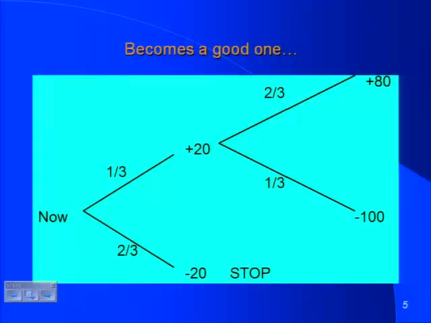The total amount you're going to make if you win is 20 plus 80, which is 100. The total amount you're going to lose is 120. That's exactly identical to what I showed you in the previous decision tree, right? 50% chance of success, 50% chance of failure, 100 upside, 120 downside. But here's the magic. If you compute the expected value of this decision tree, the expected value is positive.